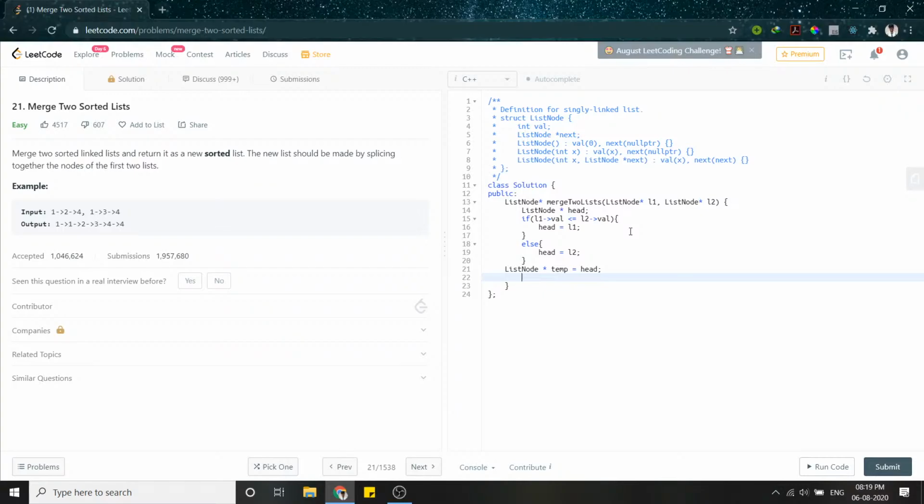So we have our head pointer that is pointing to this first or this. So now what we need to do actually is